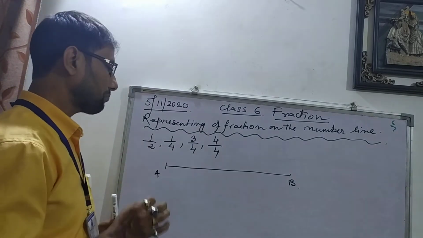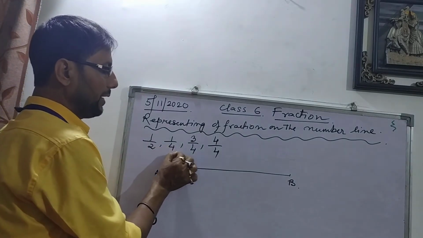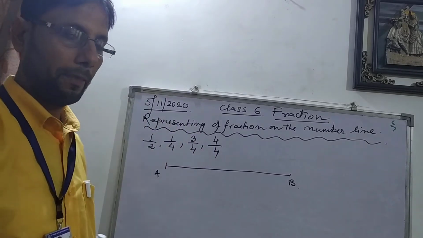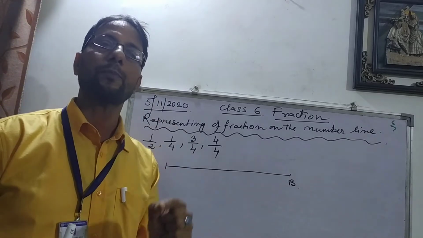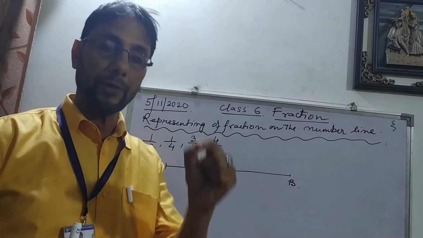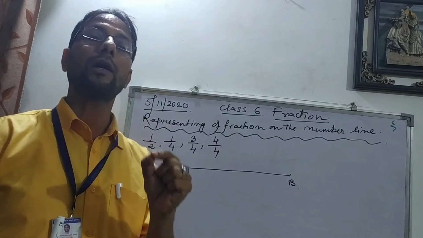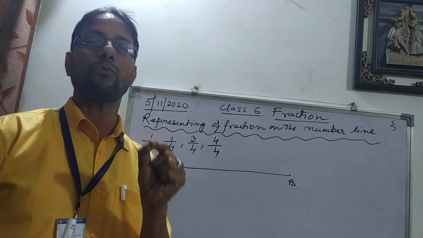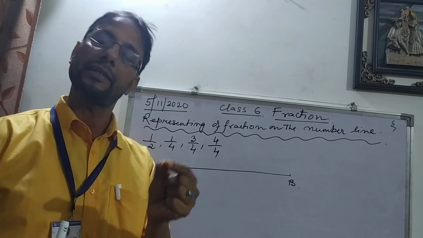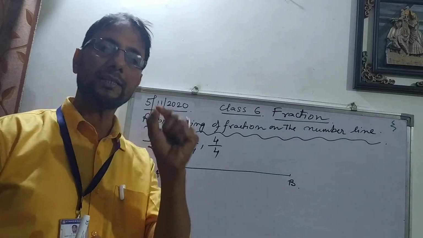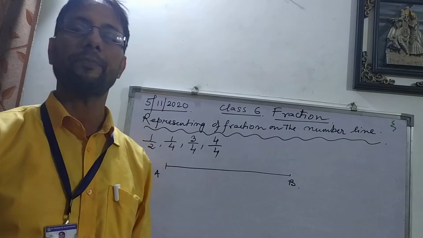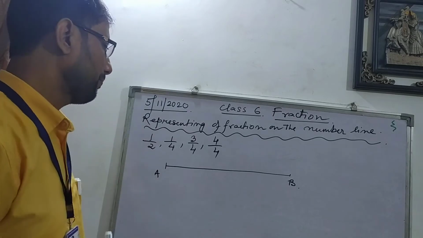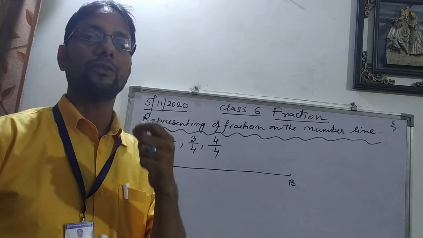Now here we can see the denominators are 4, but here the denominator is 2. And remember, whenever we represent a fraction on a number line, the denominator has to be the same. We will discuss what type of fractions these are, when the denominators are the same, in the next class. But for now, let us think that the denominators have to be the same. It means we have to convert to like fractions, which we will discuss in the next exercise.